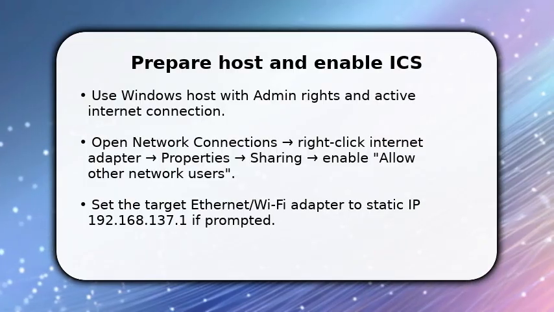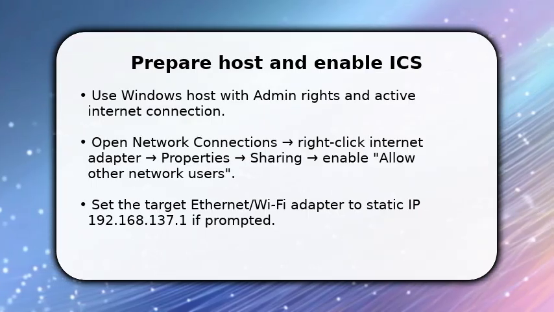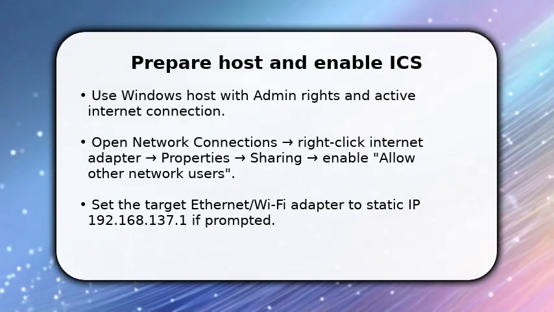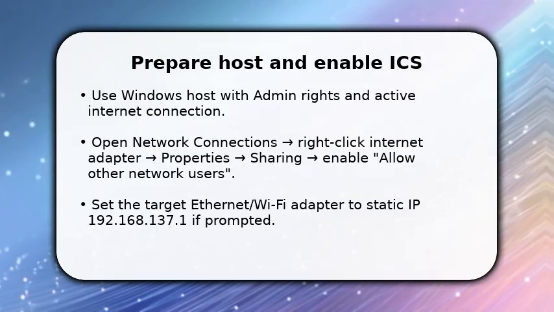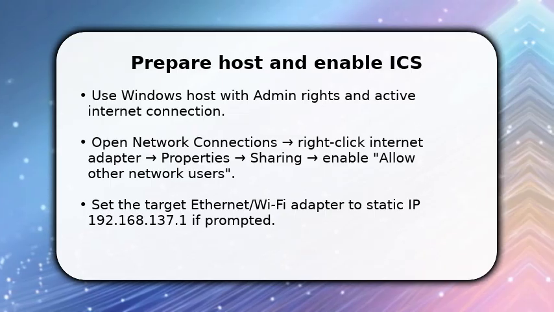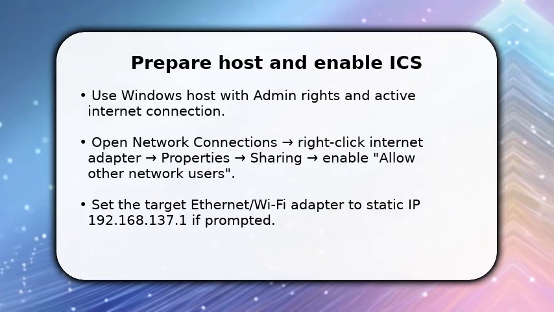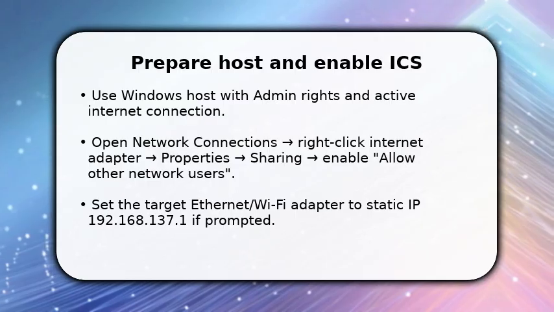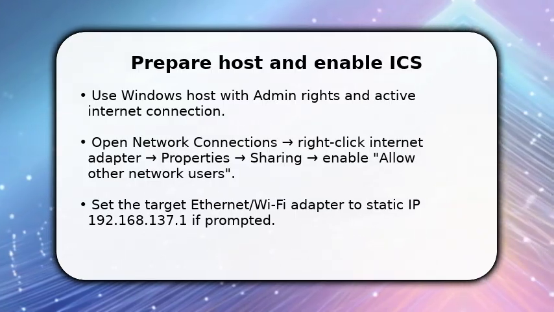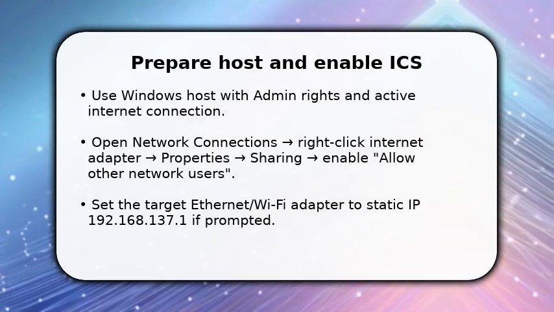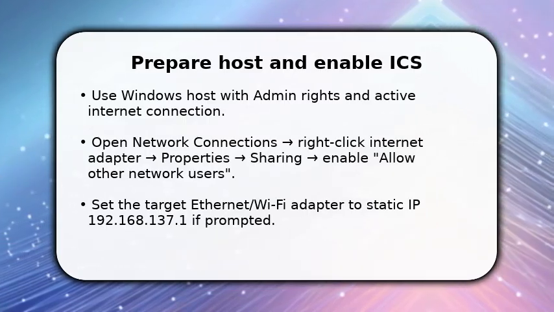You start on the host machine with admin rights. Enable internet connection sharing on the adapter that has internet access so your remote session can route traffic. This creates a local NAT and often assigns 192.168.137.1. Once done, set the secondary adapter or virtual interface to a static IP if Windows asks, because a predictable